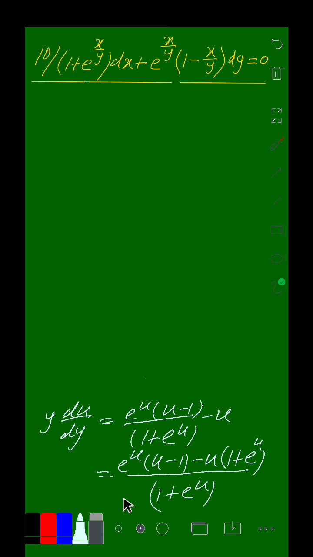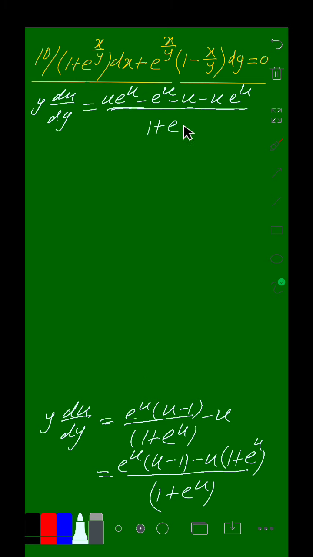So proceeding from this step, on the left hand side we have y du upon dy, and on the right hand side, opening this bracket, we have u e raised to the power u, first term, and second term will be minus e raised to the power u, and here opening this bracket, this minus u will multiply both the terms, and we have minus u e raised to the power u divided by 1 plus e raised to the power u. Clearly this term and this term are identical and having opposite sign. This is positive, this is negative, so these are cancelled with each other, and